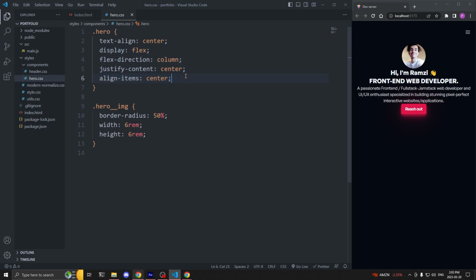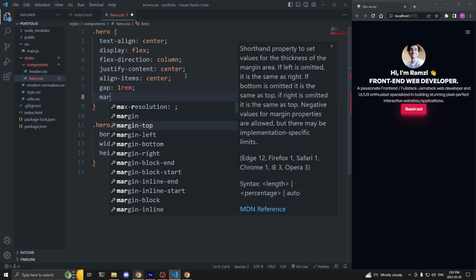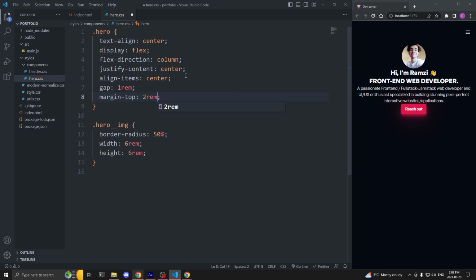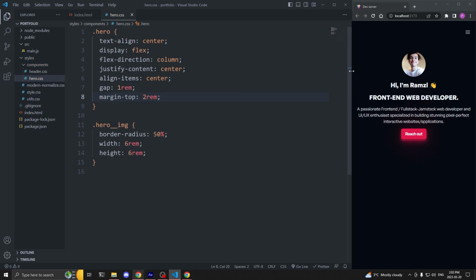and although this required many more properties than simply redefining the display on our image, I'll still use this solution because by using Flexbox, I get access to the gap property, which is quite useful because I want each element to be spaced out from each other. So I'll give the hero the gap property and I'll set it to 1 rem. I'll also add a margin top of 2 rem to the hero section just so that we're not so close